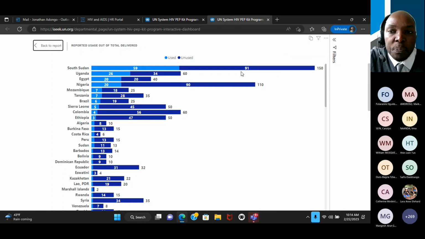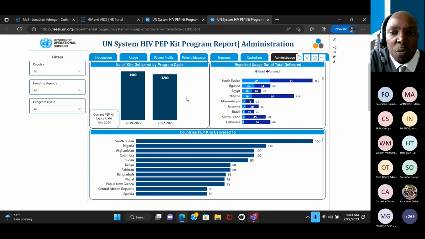However, this information is reported from you. It tells us how many of the PEP kits went unused, right? So this information doesn't come from the form. This just tells us exactly what the usage is, and it's important to think that the usage of the kits is not driven by the custodians, right? It's whether individuals come and request them. What's important is for the custodians to be available to issue the kits when they're requested. So this is not a metric that says no, you should use more PEP kits.